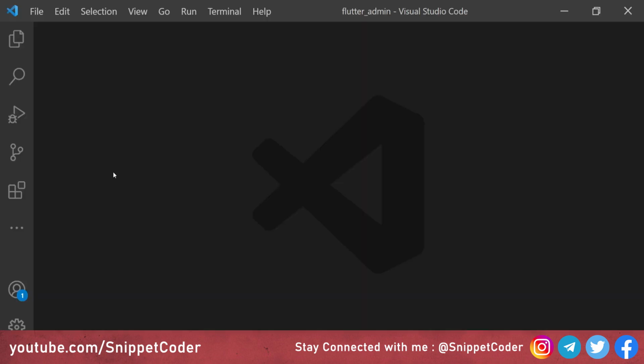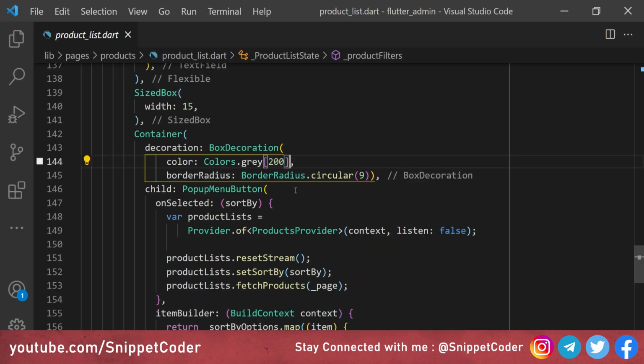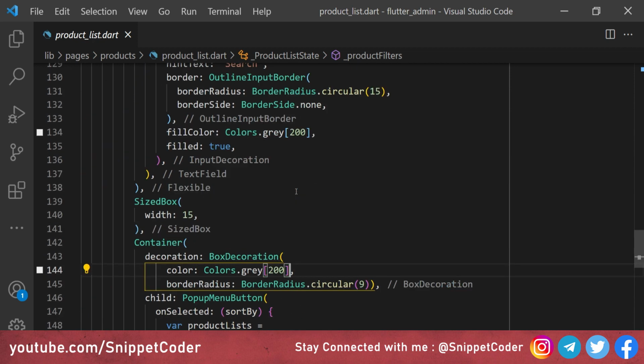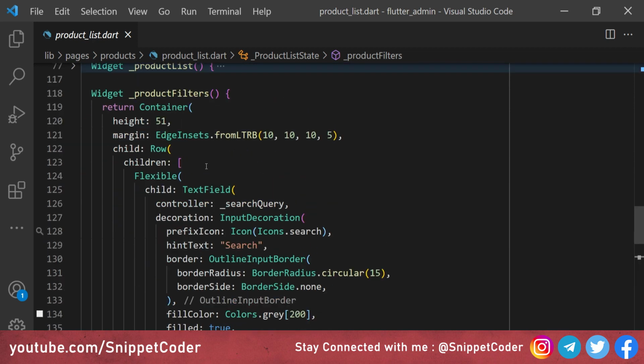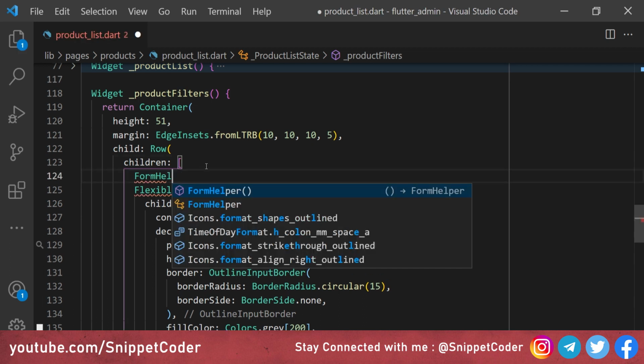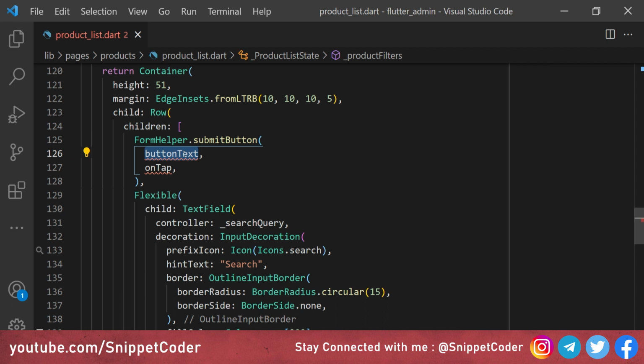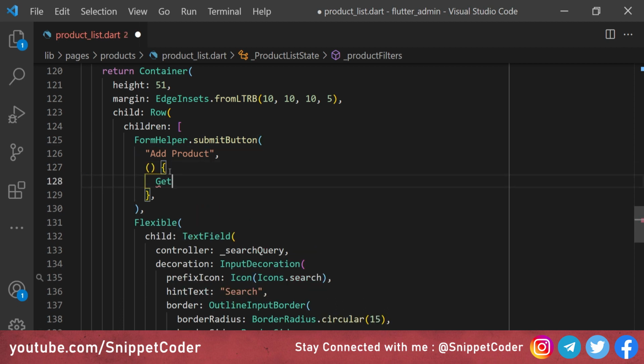So now we will go to our product list page, and from here we will add our add product button. For adding that we have to go here in our product filter, and here we will add form helper dot submit button. And here we have the text, and we are putting add product. Then we have the on tap event, and here we will add Get.to, and we are using the GetX package